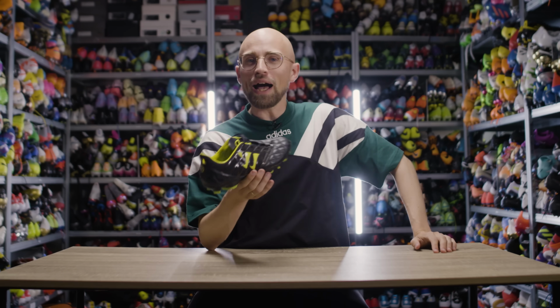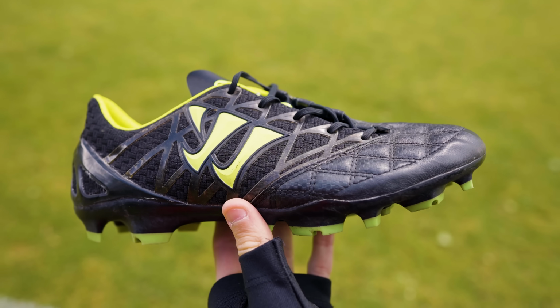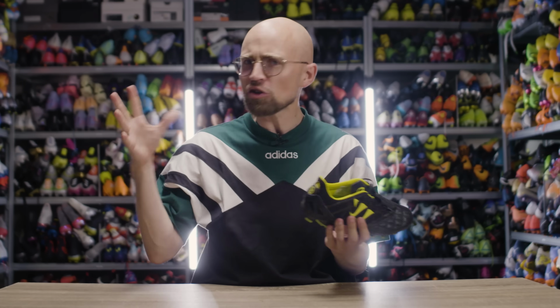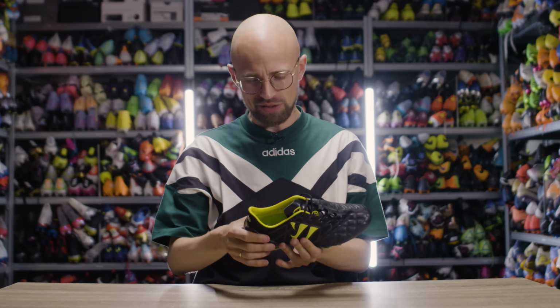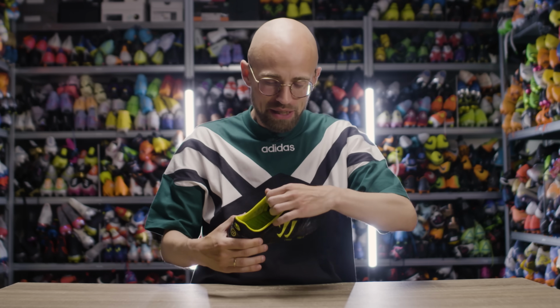But what about, this is so stupid, the glory hole on the Warrior Gambler 2.0, which claims to give you a precision fit in sticky situations. And no, I'm not kidding you. That's what they said back then, which, yeah, say what you want about it, but the thing is that it